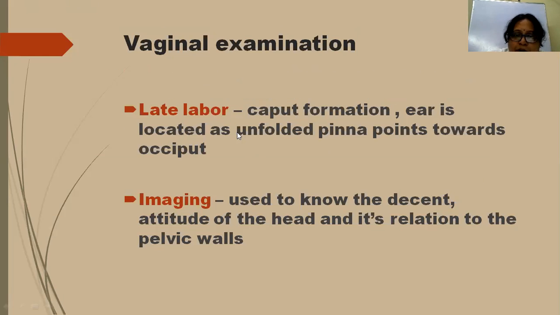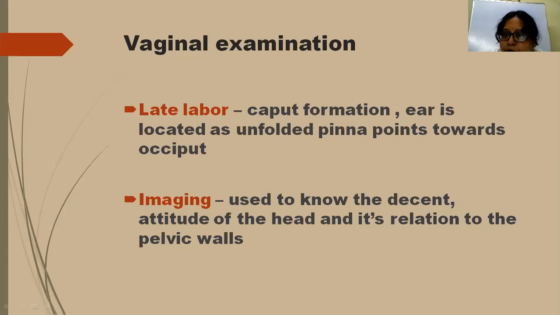So, in late labor, what happens? We have seen that during the first stage of labor, the bag of membranes is easily ruptured, and on pelvic assessment you will know the sagittal suture, whether it is in an oblique position, and which fontanelle is usually felt easily. In late labor, because of this position, there is formation of caput. I'll tell you how caput forms. Since caput is formed, it is very difficult to feel the anterior fontanelle.